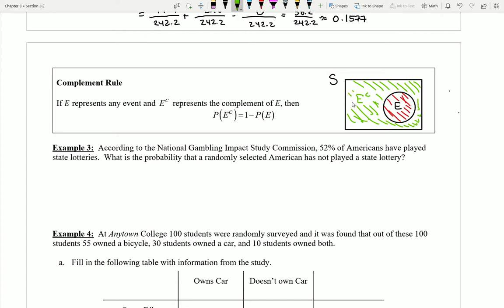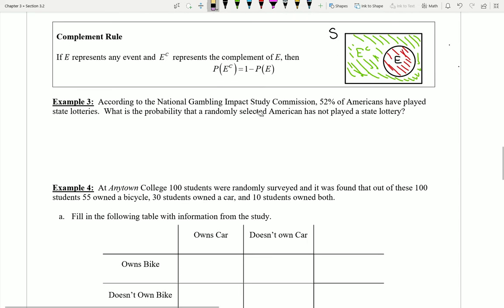Notice here, the total amount of the box should be 1, because remember the probability of all the stuff is 100%. And notice that if I just take my probability of E and add it to the other side, it would say that the probability of E, the red stuff, plus the probability of E complement, the green stuff, should be equal to 1, which is everything. It should make the whole box. And so by just moving that probability of E back to the other side, I get this probability of E complement. Now this can sound really fancy and complex at first, but it's actually an unbelievably simple idea